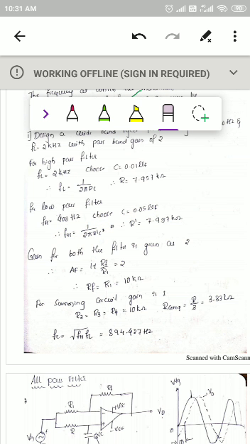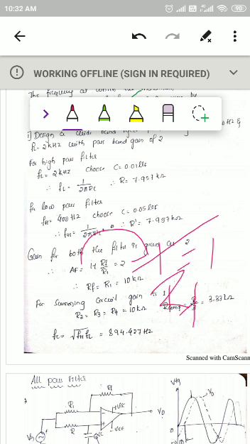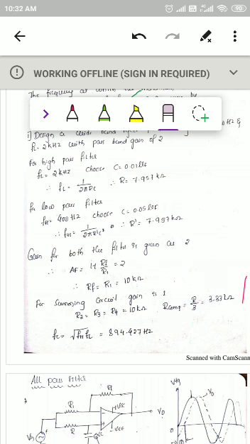After this you have to consider the gain of the filter. Your filter is a non-inverting amplifier, sorry, that is the non-inverting configuration. The gain is 1 plus RF divided by R1, which is equal to 2, as they have given. So RF divided by R1 is equal to 2 minus 1, which is equal to 1. So RF is equal to R1. Now choose RF equal to R1 equal to 10 kilo ohm. Choose standard values.